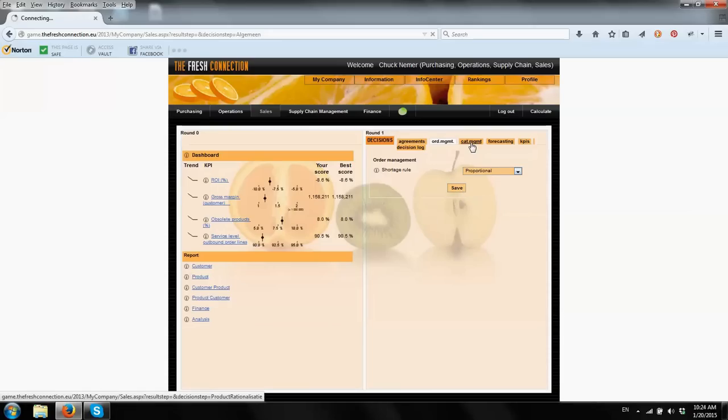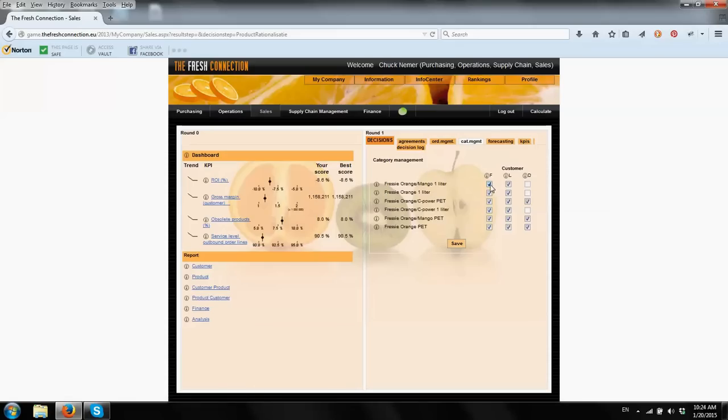Category management and forecasting. You're going to be playing different rounds and different combinations of rounds and different decisions through the simulation. These may be turned off and will be in light gray. If you notice here, it's not in light gray, so that's one of my decisions. If I was not allowed to make the decision, this would be grayed out. But you can decide, here's Food and Groceries, Land Market, and Dominick's. Here's the products each is carrying. And again, you see the little eye here that you can go in and say, tell me about Food